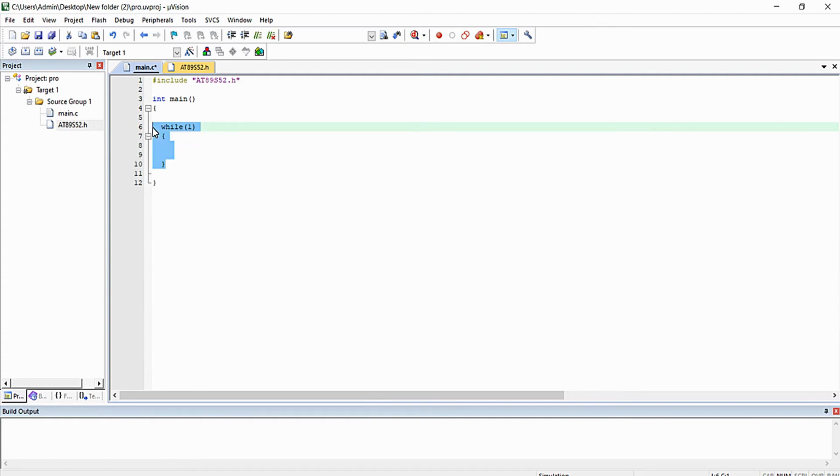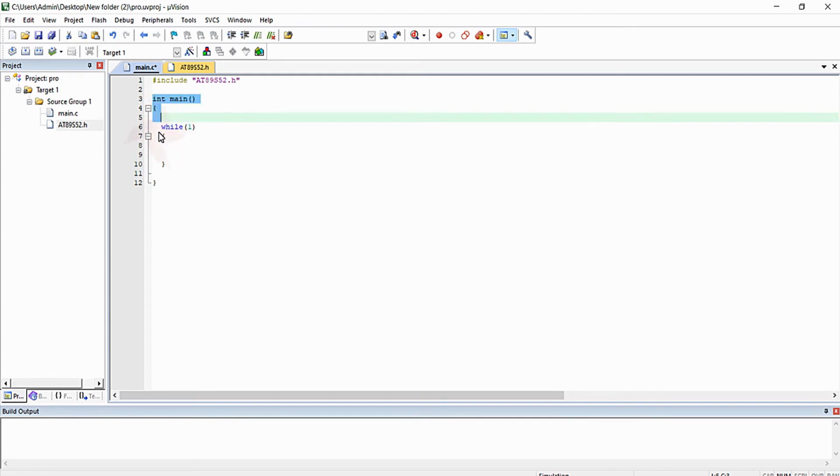You just want to remember that our program will always have this main function, and inside this main function we will have this while of 1. This will be found in almost all embedded programs.